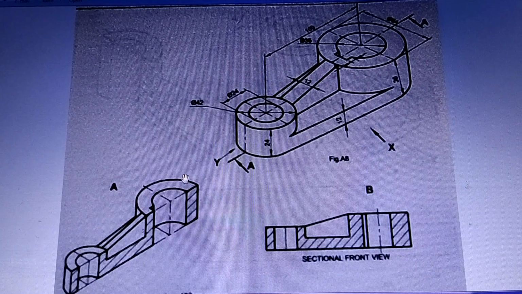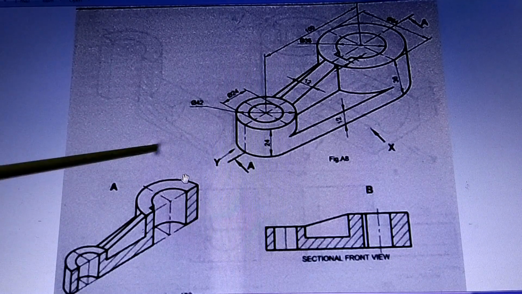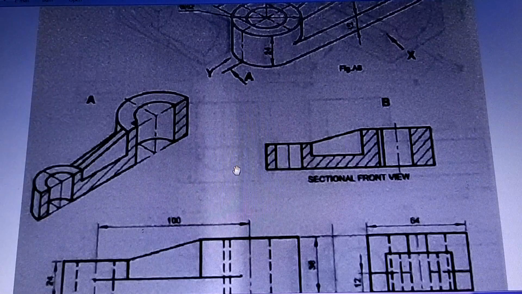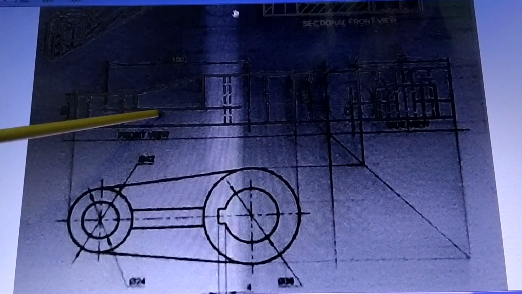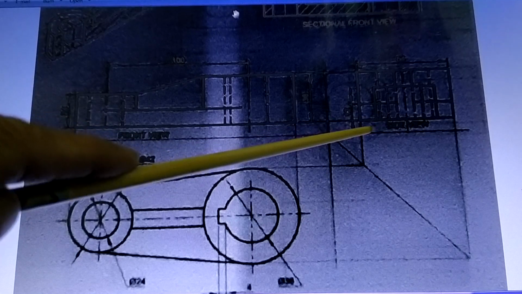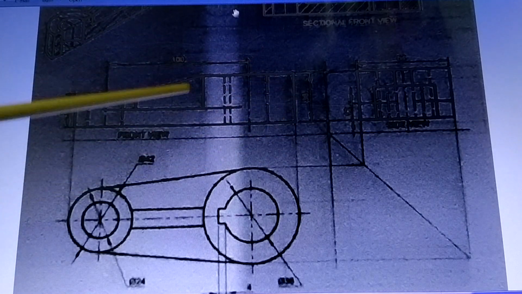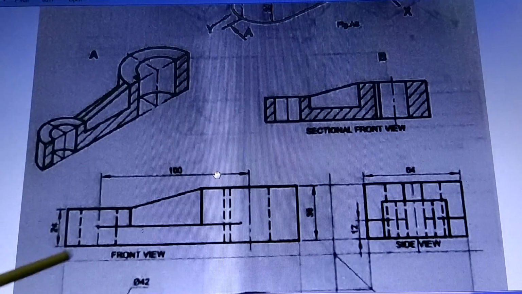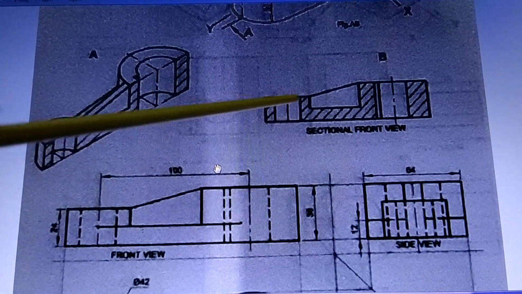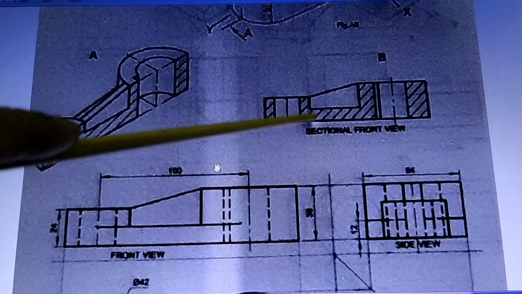So first thing is, after it is cut, in the 3 dimensions, this is how it will be seen. So you can again observe that there is a rib and this rib is cut, but this part is not shown in section. So now if you see here, this is a usual front view, usual top view, usual side view, but then you are asked sectional front view. So you don't have to draw this view, you have to draw in this place, you have to draw the sectional front view. So this view will look like this after you cut in section.